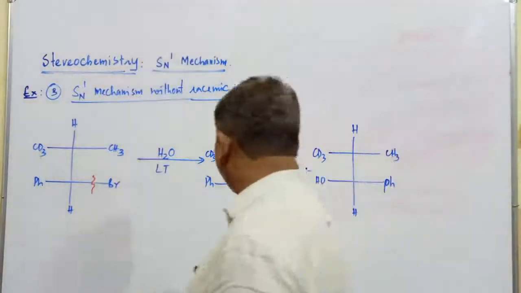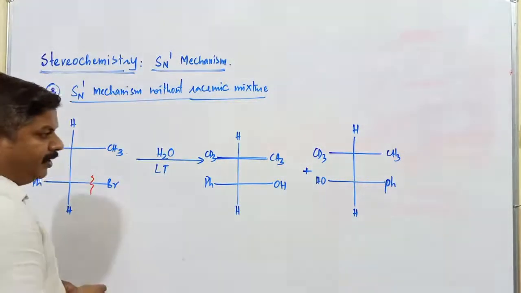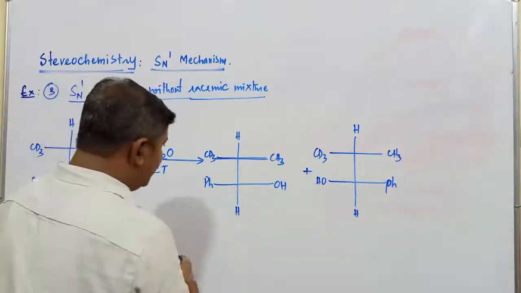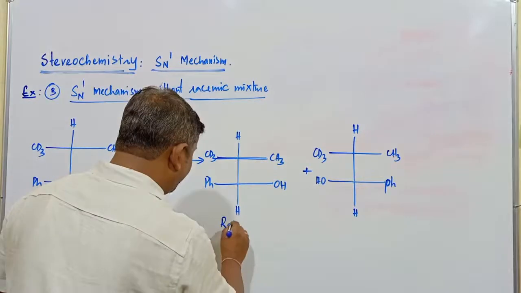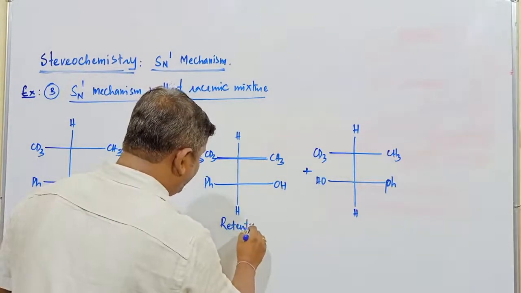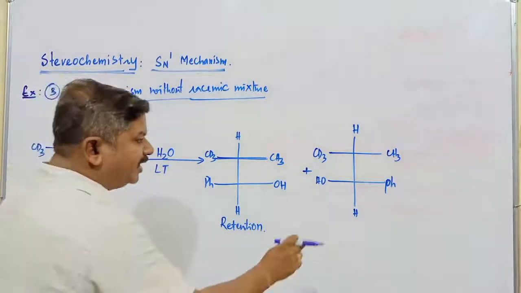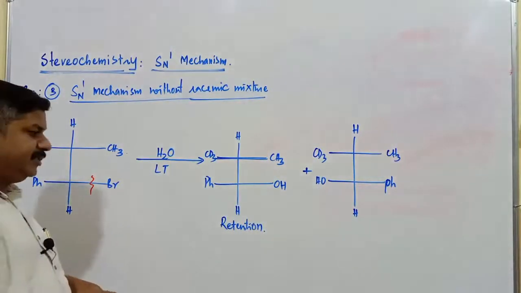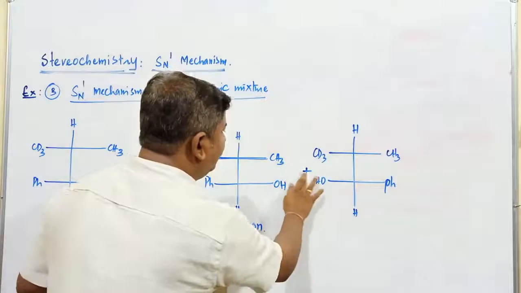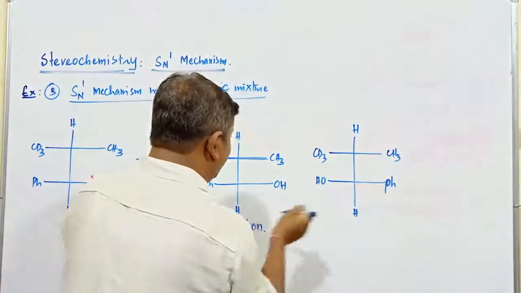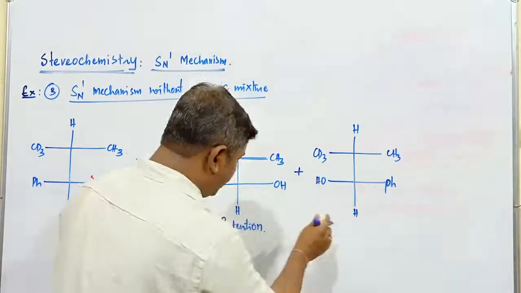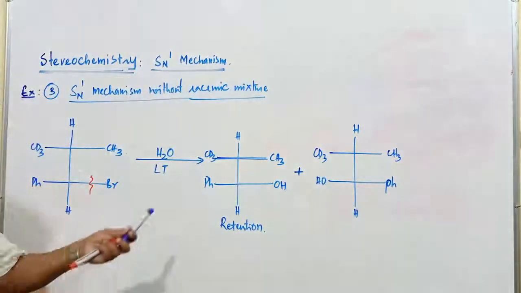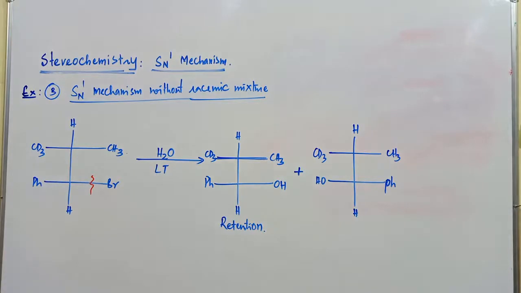Now if you observe this molecule, here OH is going to be attached from the same side, so this is commonly called as what? Retention of configuration, no doubt. It is going to be retention of configuration. Whether this particular configuration is referred to as inversion of configuration. Just you observe this molecule, whether it can be considered as inversion of configuration or not. Just you concentrate on this particular molecule.